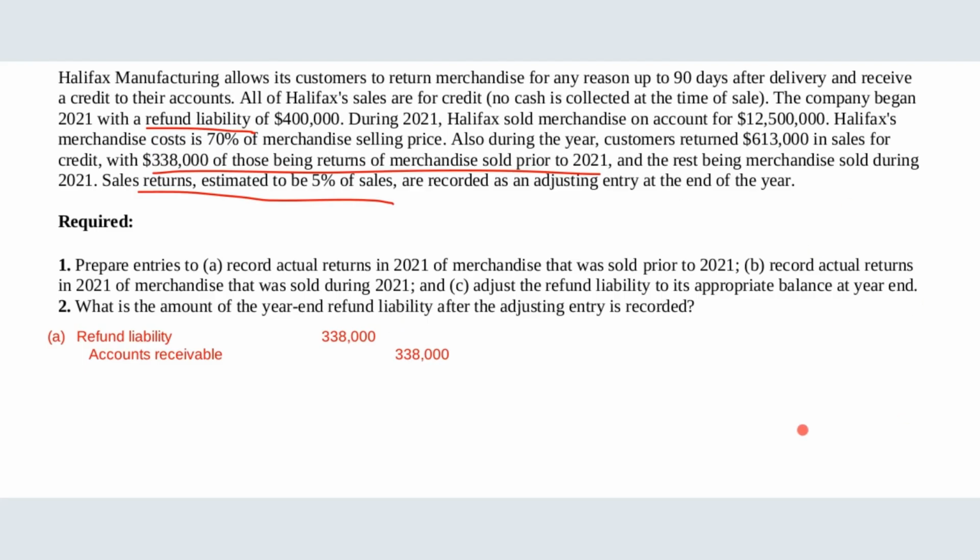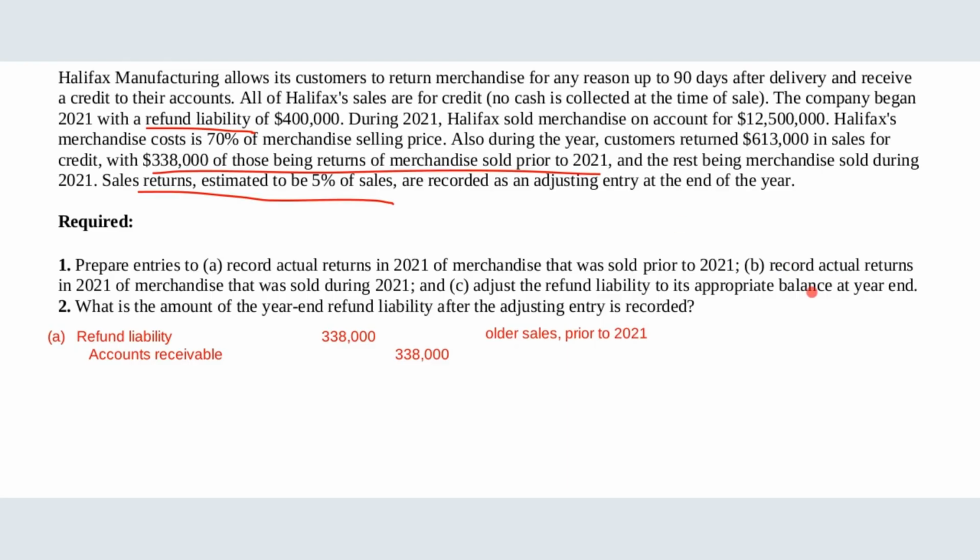They said it was all credit. So we're reducing their accounts receivable balance. Okay, so that takes care of A. So this is for the older sales, okay, prior to 2021. Now for B,